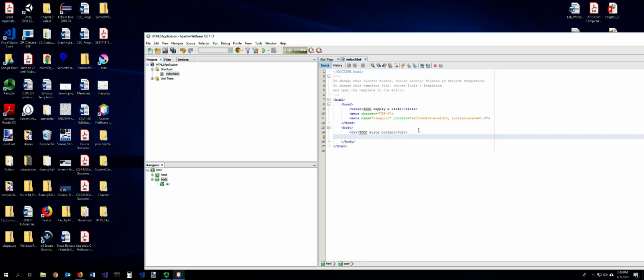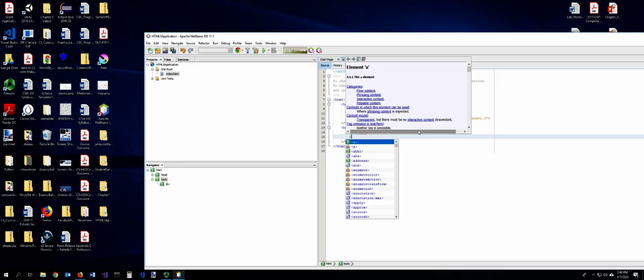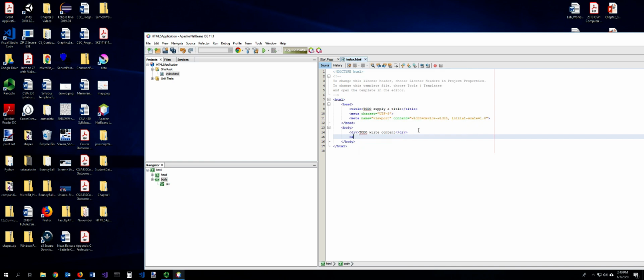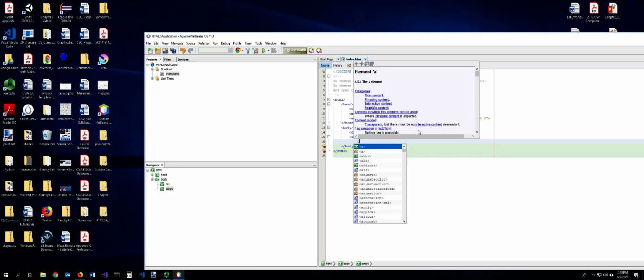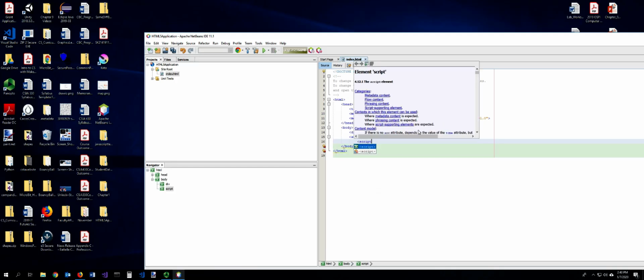JavaScript would begin with the script tag. And you always put it at the end of the body of the HTML file,